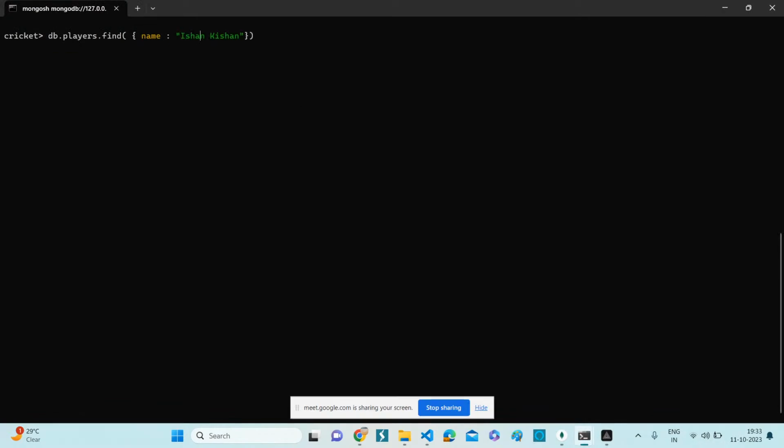So let's see what details we have in our database. If you see, the ID is this, name is Ishan Kishan, age is 22, matches is 25, and the highest score is 202. So we need to update the highest score from 202 to 210. It's very simple. So db dot